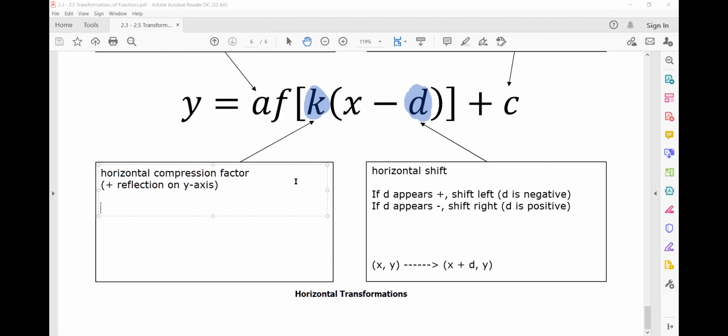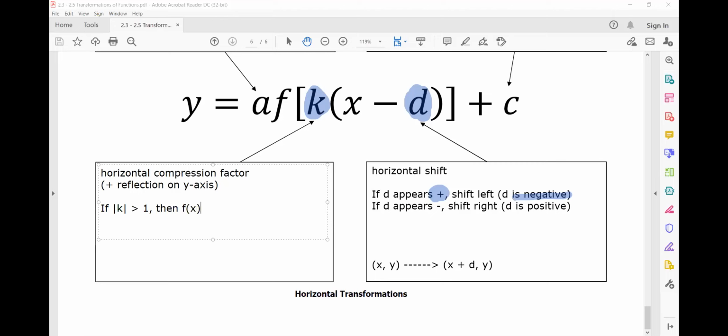Just as if the D appears positive, it's actually negative. The same idea applies to a multiplication. If the K appears to multiply to a big number, we're actually multiplying it by its reciprocal. I lost a lot of you just now. I know I did. So let me write it down in text and then I'll show you what it looks like in action. If the absolute value of the K value is bigger than 1,